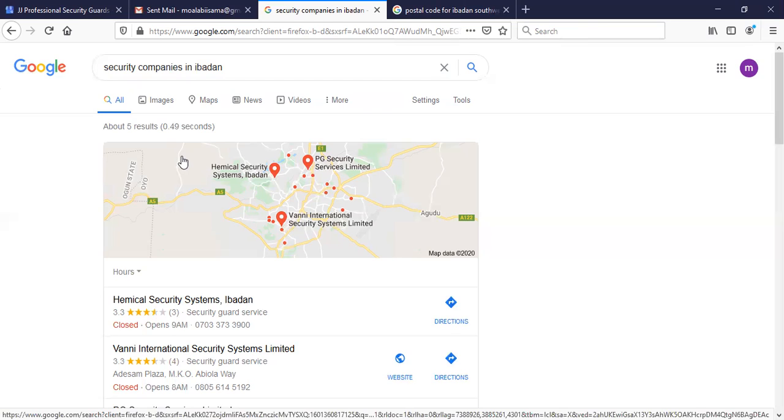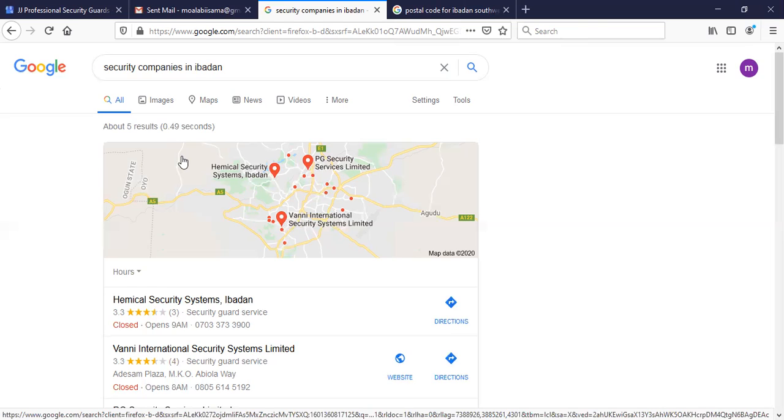I'm going to type in the next phrase again. The next phrase I've written for myself here is "where to get security guards in Ibadan". Don't forget, these words are what we think people will be typing in on the internet if they are looking for a type of business. Yours could be best catering company in Lagos, best fashion designing house in Lagos.